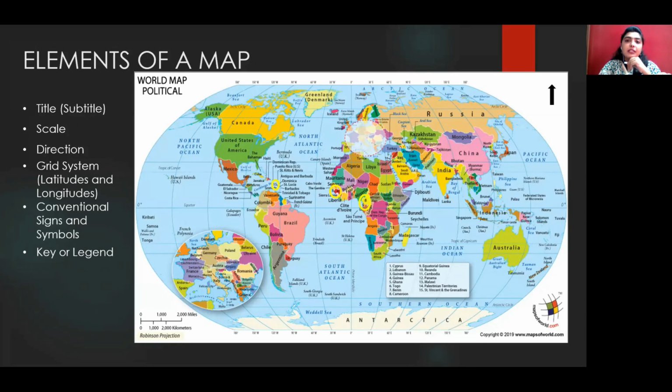Now, when you look at a map, there are certain elements that are very important and have to be there. For example, the first and most important element is the title and the subtitle. The title generally determines the area. The map shown on the screen is a world map, so my title is world map. The subtitle is in terms of the theme of the map. Here it is generally the countries that are shown, so we call it a political world map. So my subtitle becomes political.